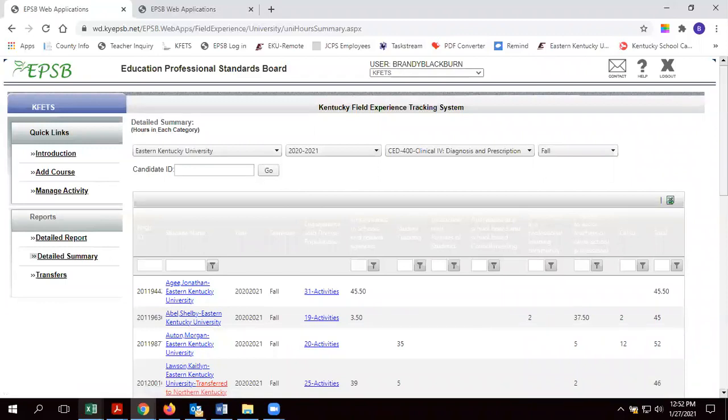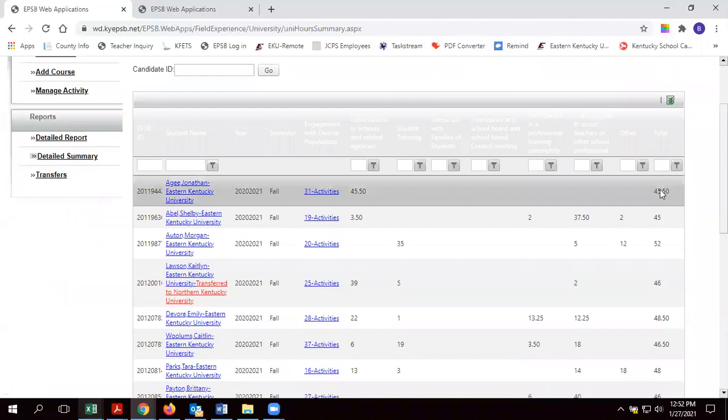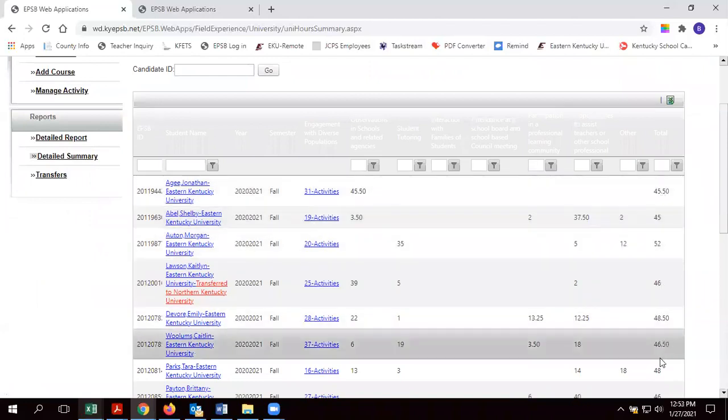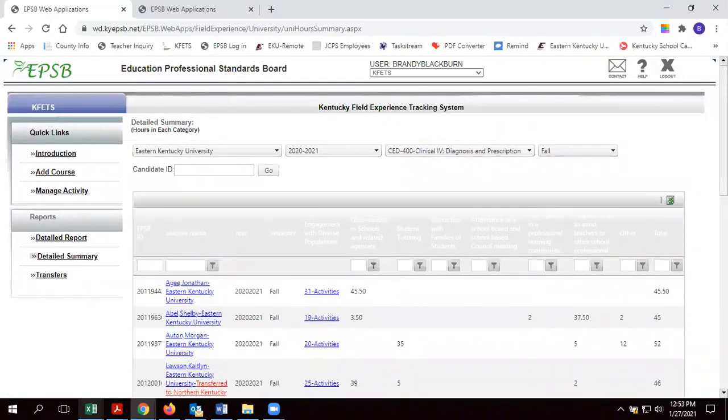Okay, so as you can see, if you scroll down, these were all the candidates that were enrolled in CED 400 last semester. And all the way to the right is their totals for their clinical hours for that course. So if you want to search a particular student and you want to know their clinical hours since they've been at EKU,